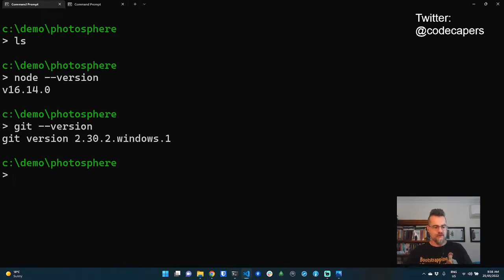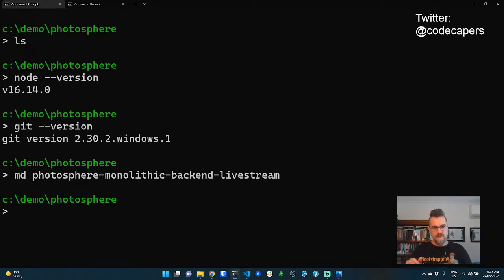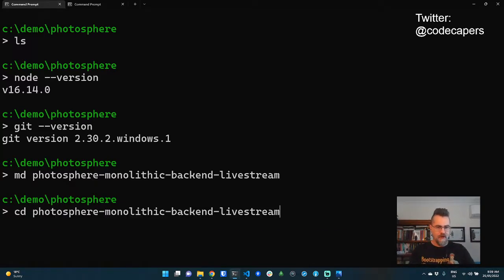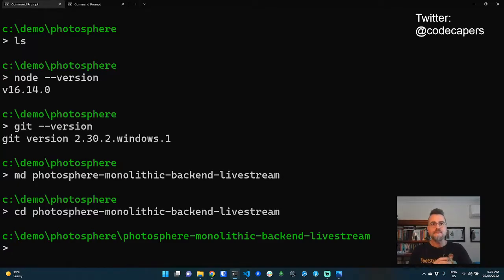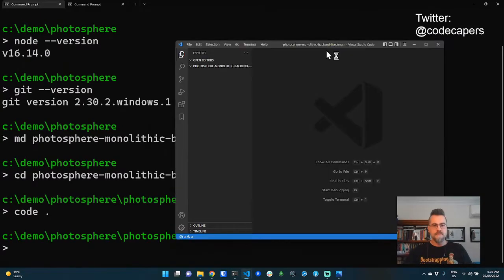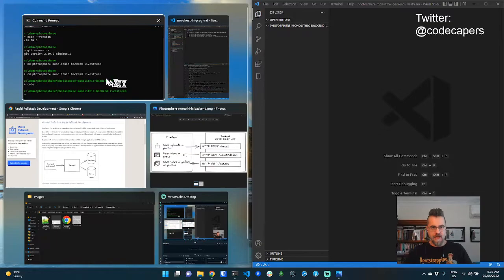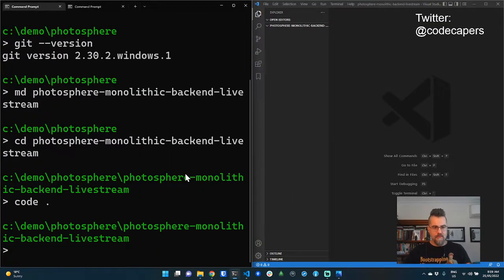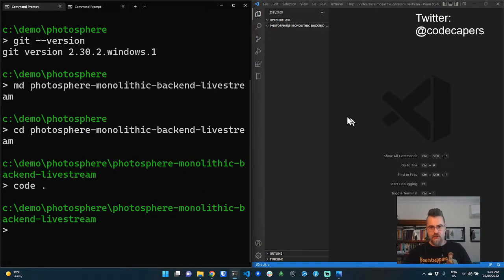I'm going to create a directory here for my project. So I've created a directory. If you're on Mac OS or Linux, I think it's mkdir to make the directory. On Windows, it's md for make dir. So going into that directory, let's get to coding. I'm going to open Visual Studio Code from this directory here. I've got an empty project here with Visual Studio Code. I'm going to put my terminal window side by side with Visual Studio Code. I'll work like this quite a bit so you can see what I'm doing.